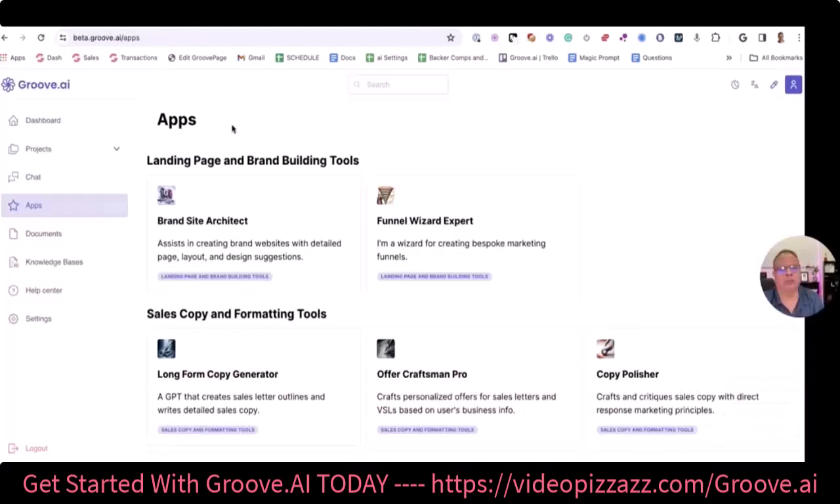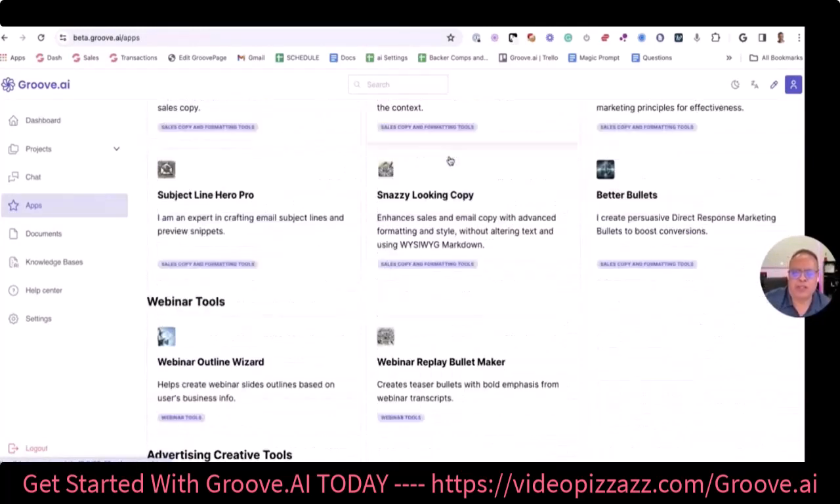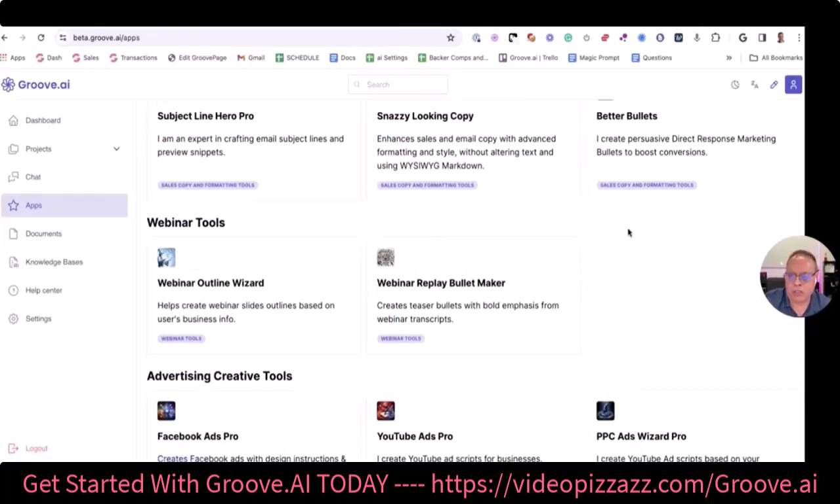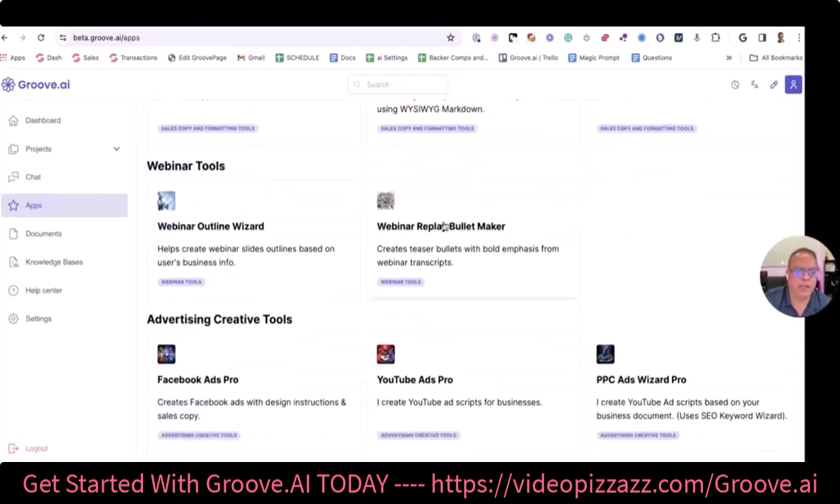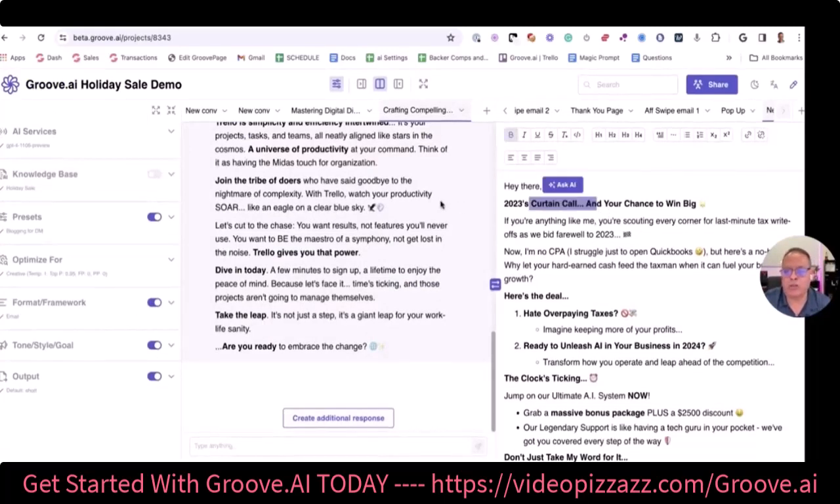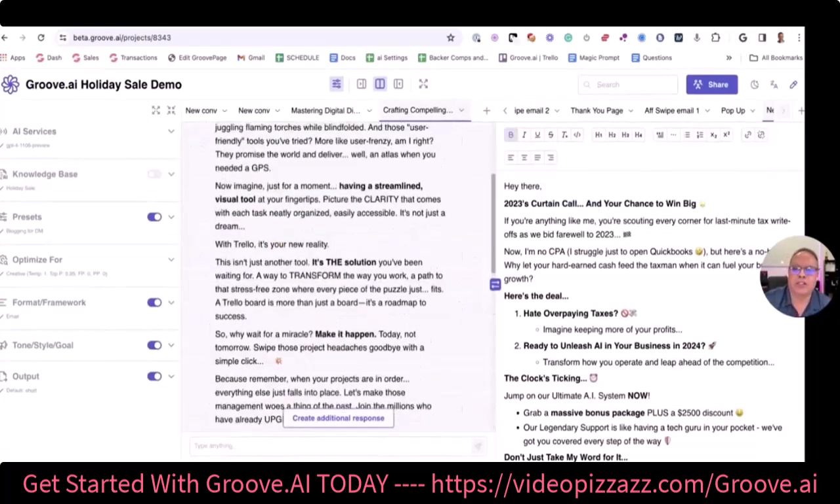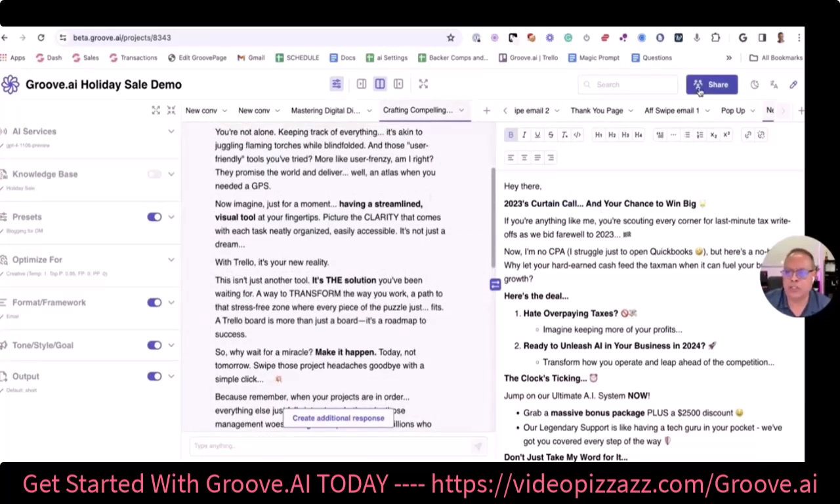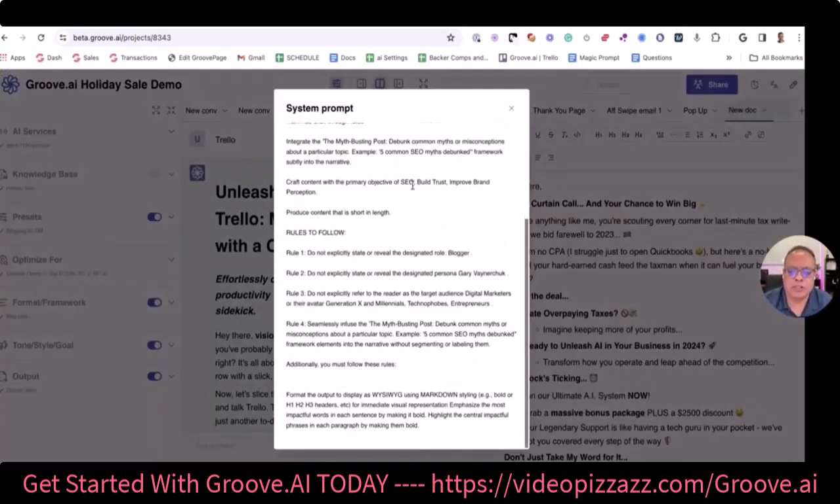Let me just see. Ladies and gentlemen, there you have it. These are the 36 different apps that we have for you, currently available inside of Groove.ai. If you're a member, you have access. You're able to now do projects with all the new enhancements and features that just completely blow away ChatGPT. You can share, you can collaborate with other people. These system prompts are built in